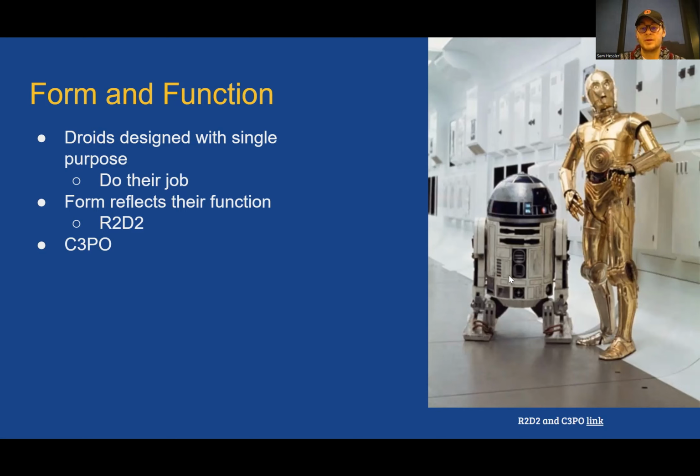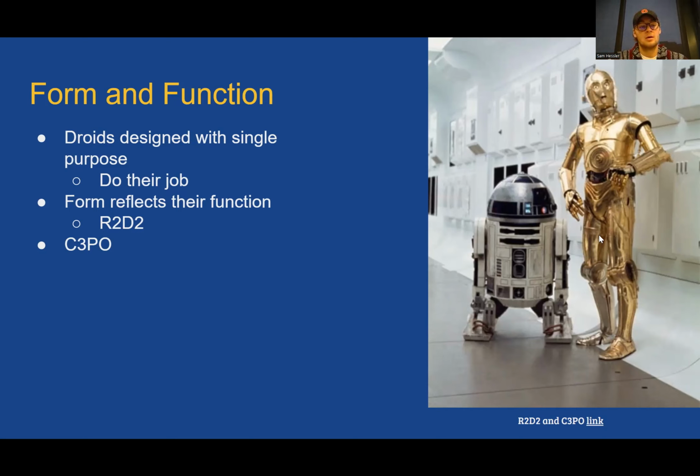So here on the left, we can see R2-D2. He's one of the astromech droids that I mentioned. He has special magnetic feet that help him cling to the sides of starships while he repairs them in space. All of these gadgets and gizmos toward his midsection are different sorts of tools that he'll use to repair ships.